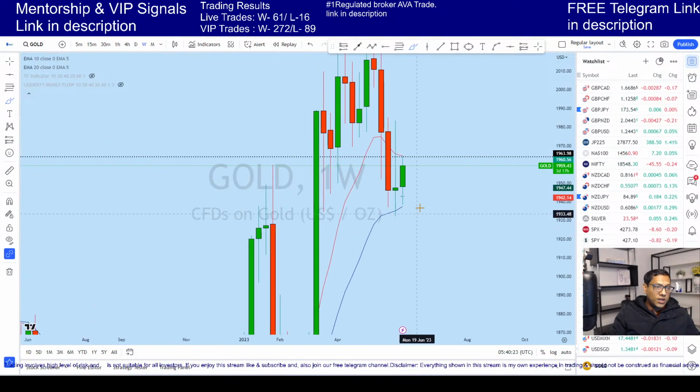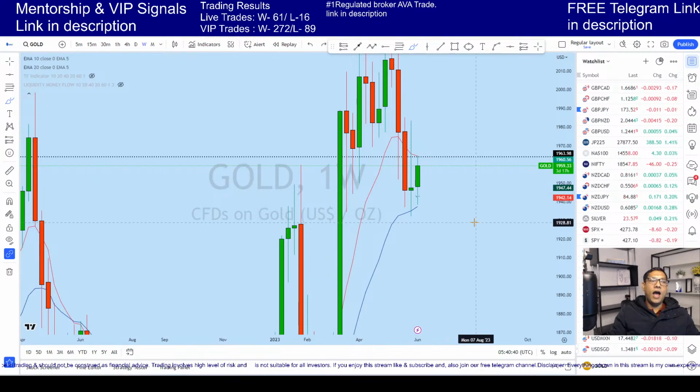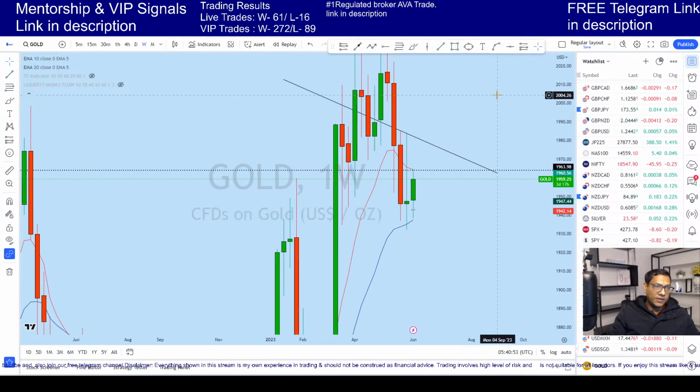Now from the weekly you can see that there is a doji. Okay, if we look at the weekly price action, it's a bit of a different picture. There's a doji. The price initially came down, tested this support, and had a bounce. Now with that bounce from the weekly, I think that gold might try to move a little higher, and it could even retest this resistance line from the weekly.